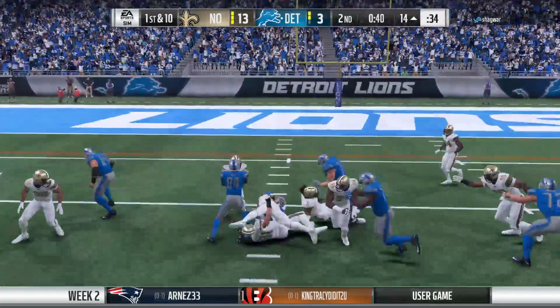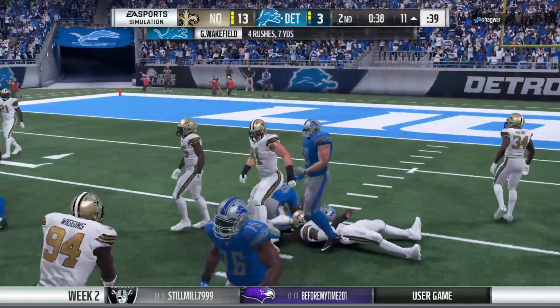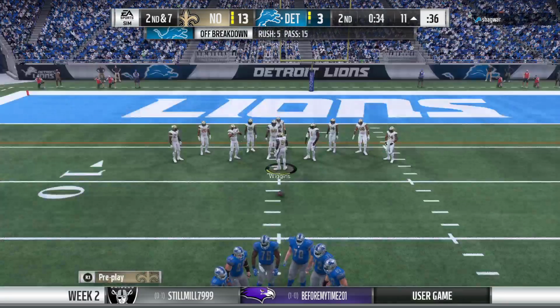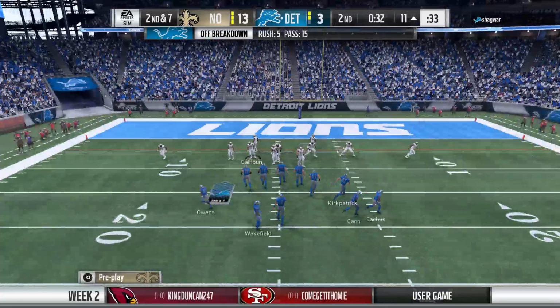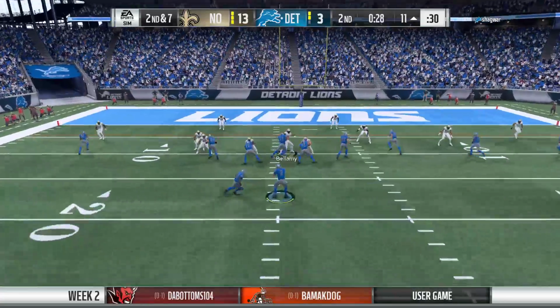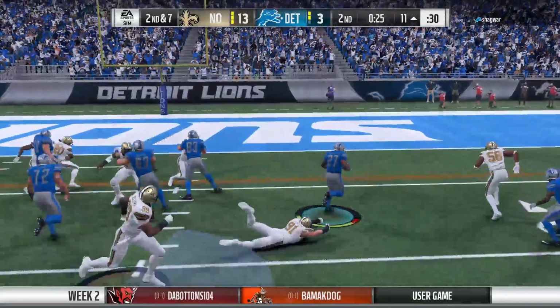They'll run it now out of the gun. And he'll be taken down here at about the 11. 3 yards on the pickup there, and it'll be second down. Well, they certainly had success throwing the ball on this drive, and not as much running it as we just saw once again on that last play. Stopped after a very short gain, but I wouldn't abandon the...